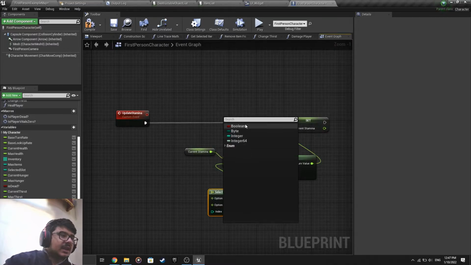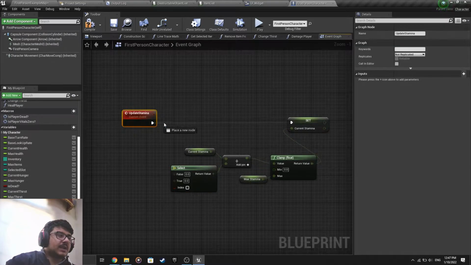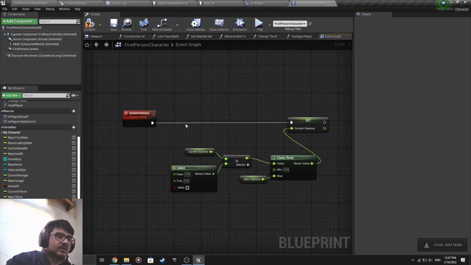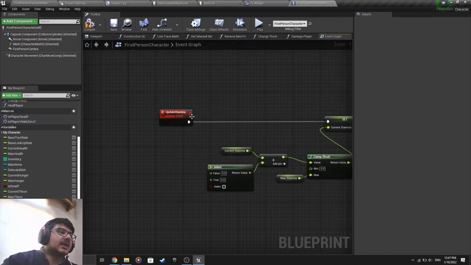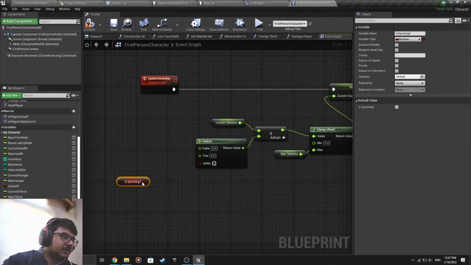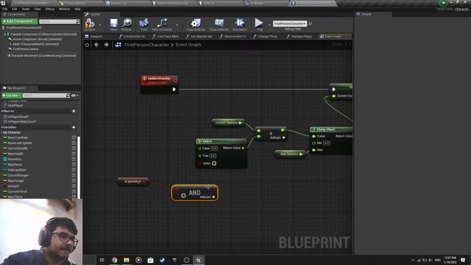Select is basically like a branch for values. Instead of doing it over here as a branch and having two sides, one increase, one decrease, we directly connect it over here, and we do the boolean over here instead of in the execution over there. So we do get sprinting. Don't attach it immediately. That's wrong. We do and